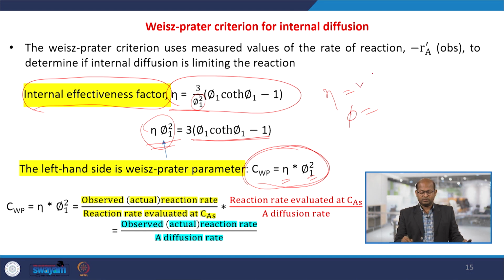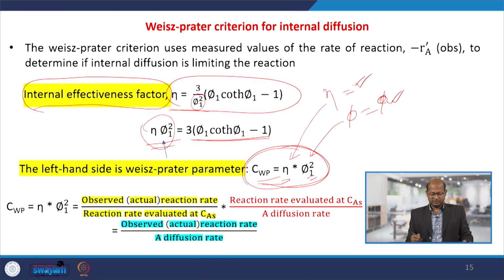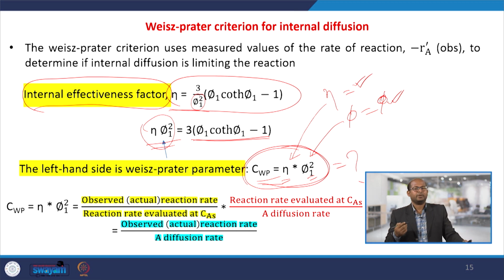So, if we are able to measure eta and phi for a particular system, then we can substitute these two components here, and it will give some value. Considering that, by analyzing the Weisz-Prater parameter value, we can say whether internal diffusion exists or not. This is the Weisz-Prater criteria: eta equals the observed actual rate of reaction to the reaction rate